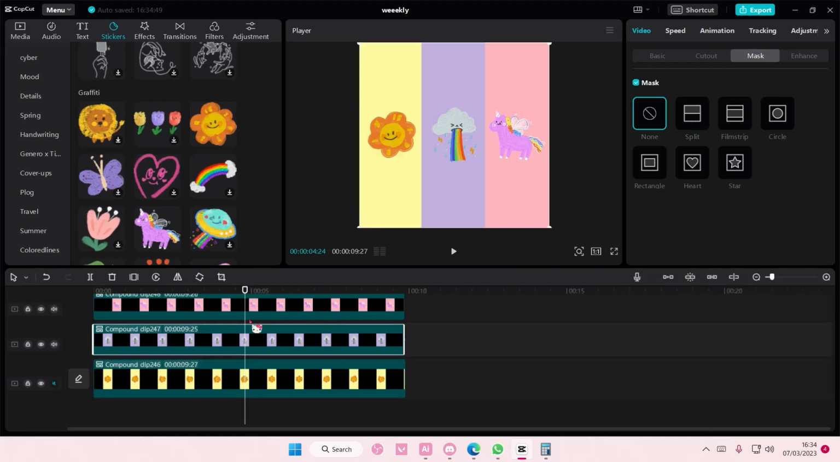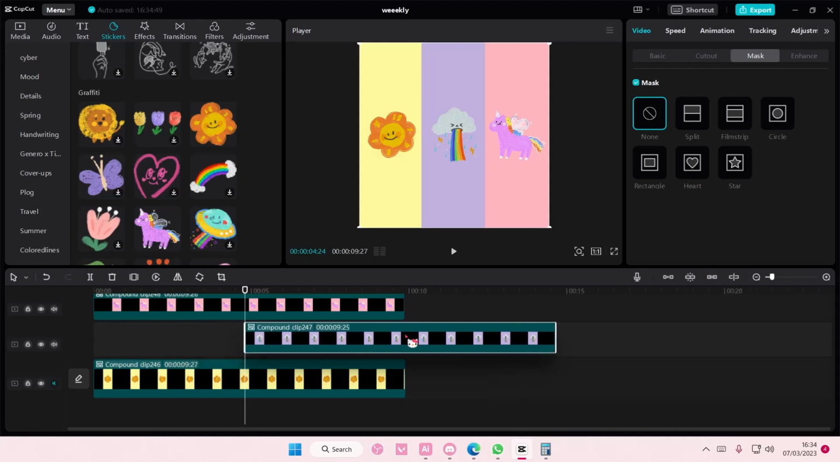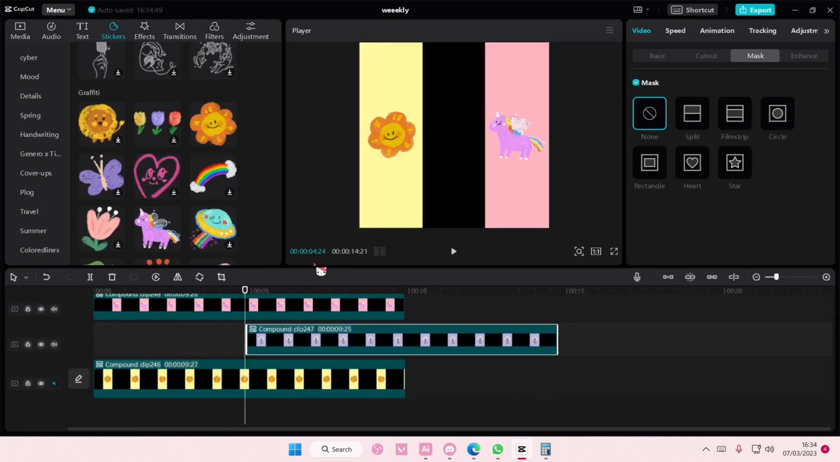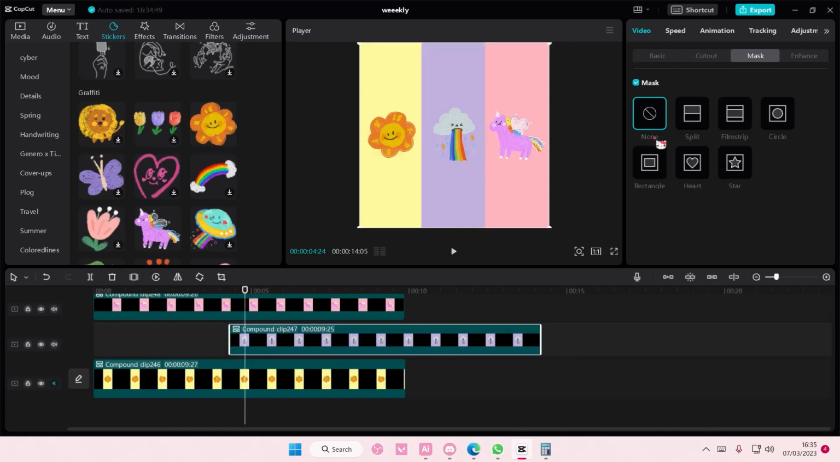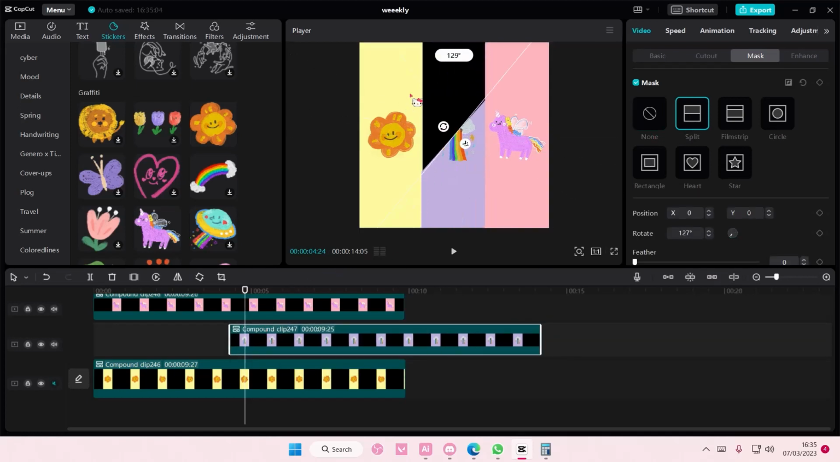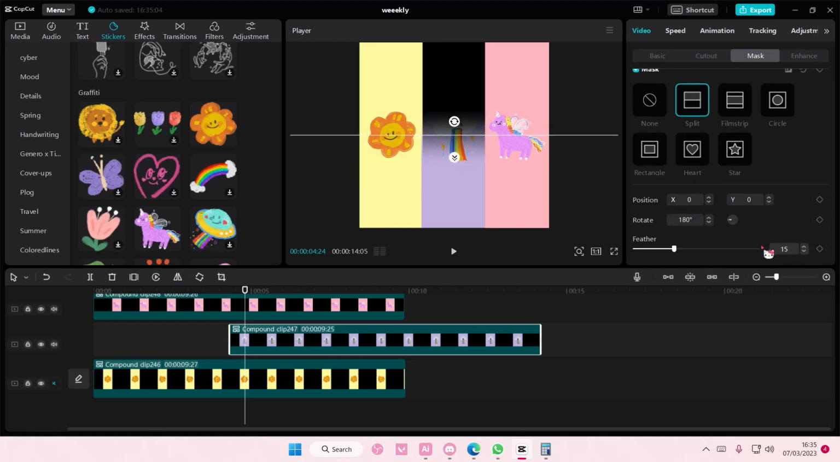And then on the second one, I'm going to wait for it to start here, so on top of the other keyframe kind of. Then go to split and then rotate it this way, and then feather it out again like 15, and pull it down